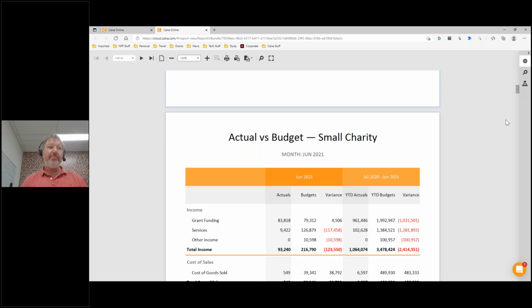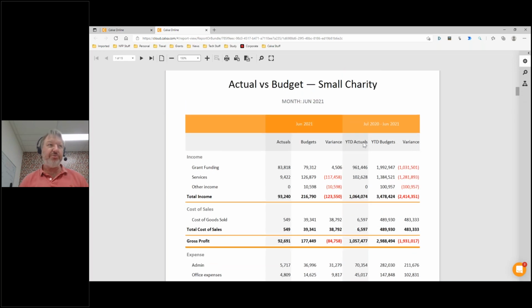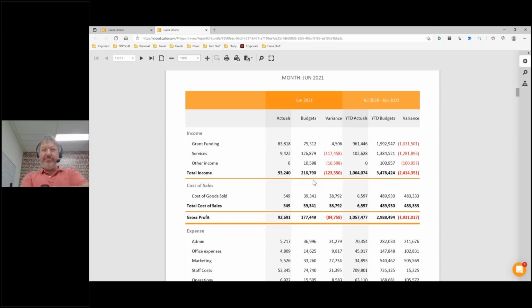So, the simple starting point is something that shows us the actuals against budget for the year. I'm just looking at this now and I'm already thinking I would have chosen a different report if I'd actually thought about it a bit harder. And I wouldn't have shown the June month, because that's probably irrelevant unless it's part of a monthly reporting meeting as well. But actuals, budget, variance, and